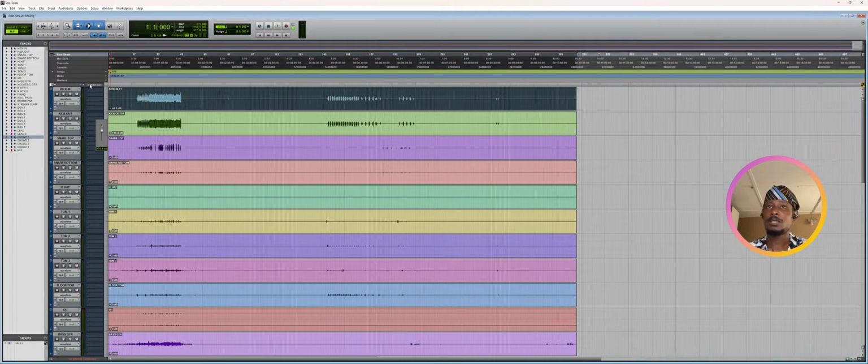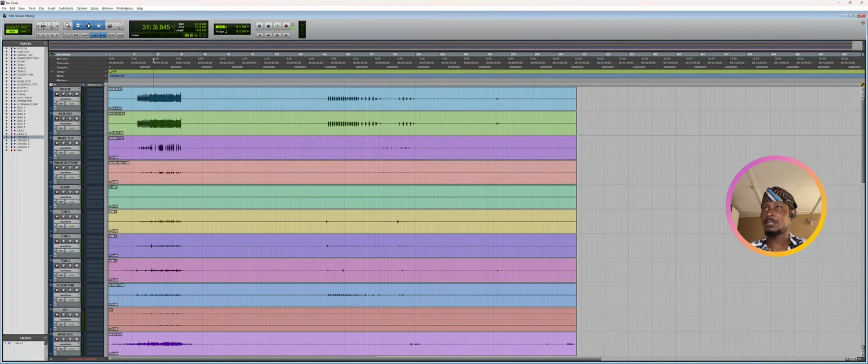Alright, so what I'm trying to do, I'm trying to make this the loudest element in the mix. Not the loudest element in the mix, like loudest. I'm trying to gain up everything to match this, so this looks healthy to me. It's not clipping, it's not too quiet, it's just somewhere in the middle. Usually if you listen or if you play it,